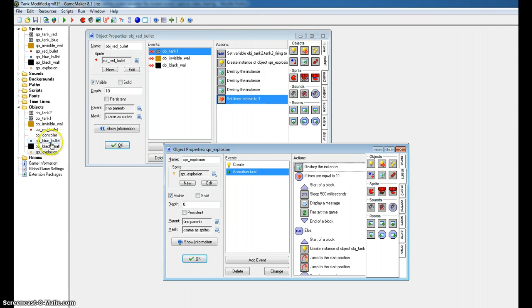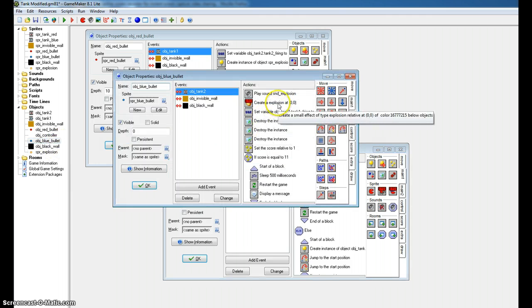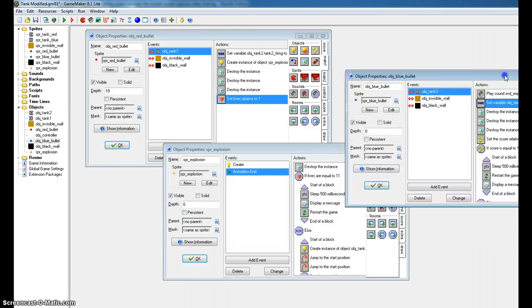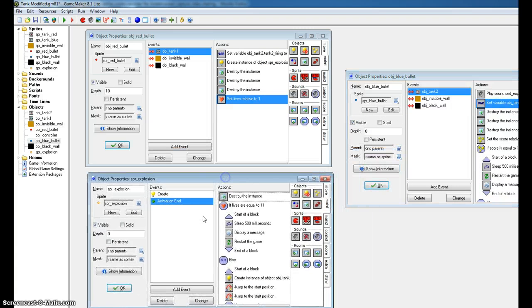duplicate what we just did for the other bullet. Now in this case, let's take a look, we're going to have to actually, do we need another explosion? The way this is set up, we are going to need another explosion, aren't we? Because this explosion only works for red because of the lives. Now we probably would have designed this differently. I would have liked to have set this separately and had a controller object, but we're going to keep it just like it is. So what we're going to have to do is create another